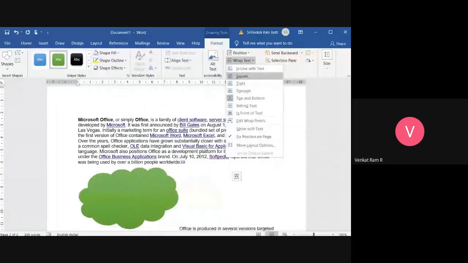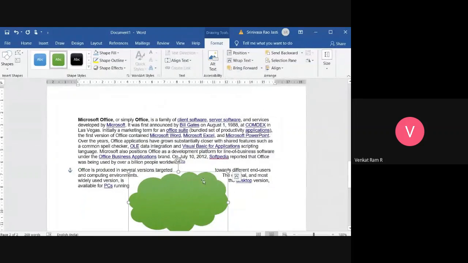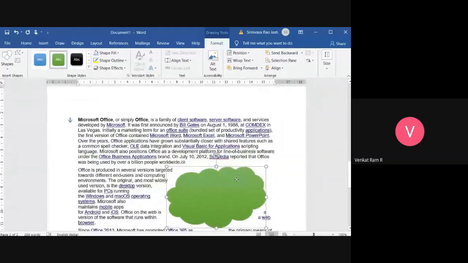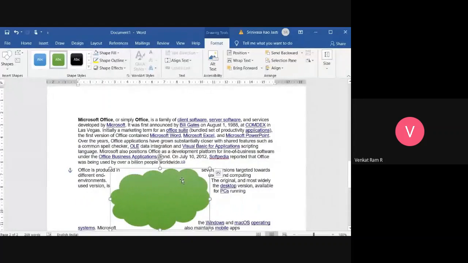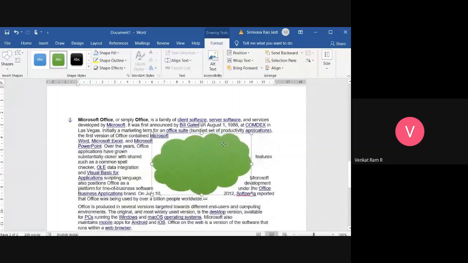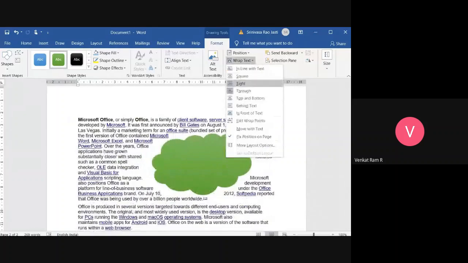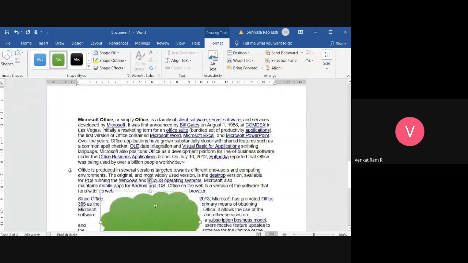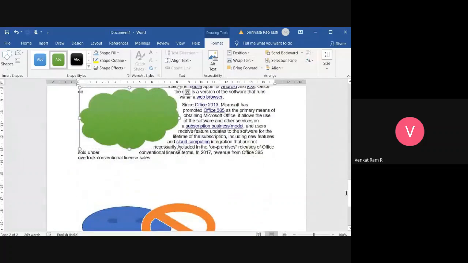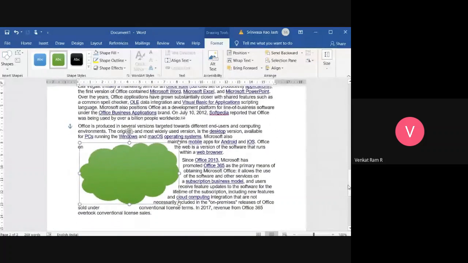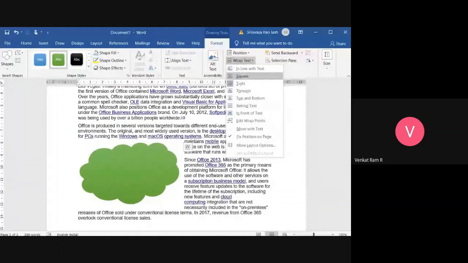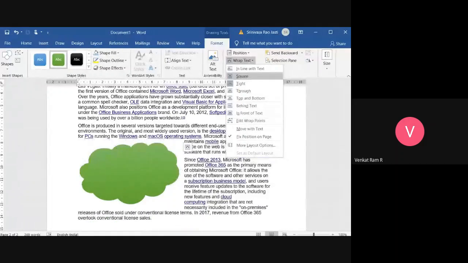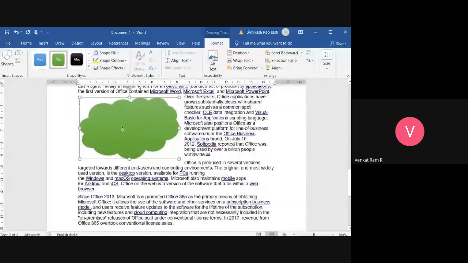And next, through means it will be through the text. See here. Okay. And next, tight means it also works as through only, but it will take equal columns. And next one, square. It will be in the form of a square option.